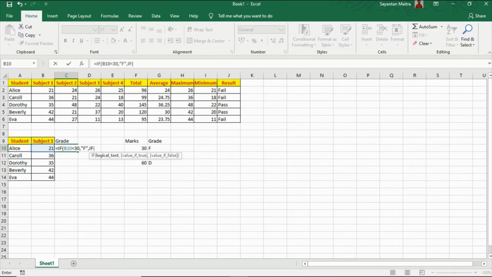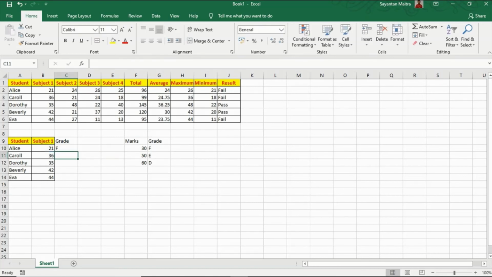If this value is greater than or equal to 30, then it will be an E. If again this value is greater than or equal to 50, it will be a D. Here it will be greater than or equal to 60, then it will be a D. Then we close the bracket, and I think we have got our formula.